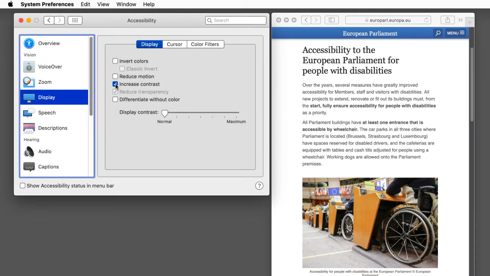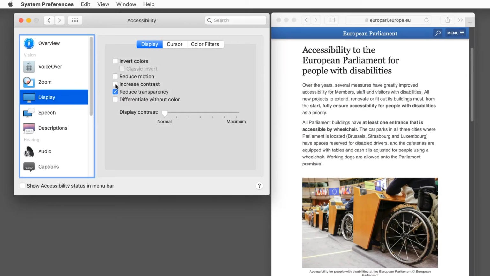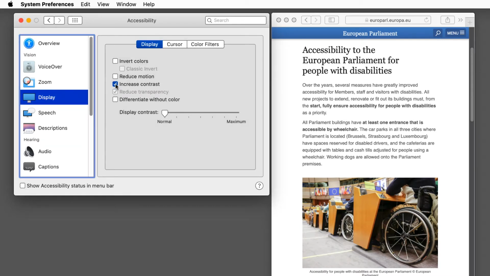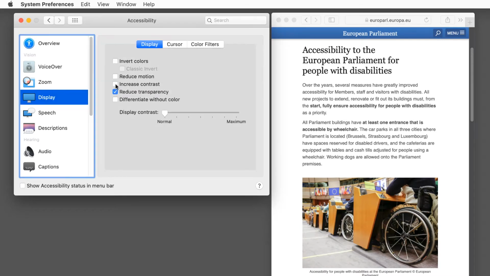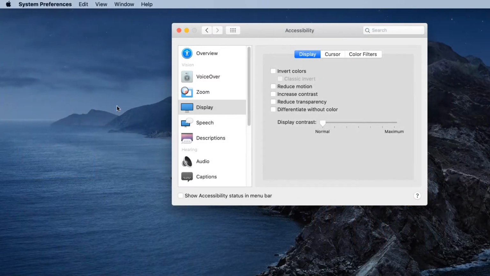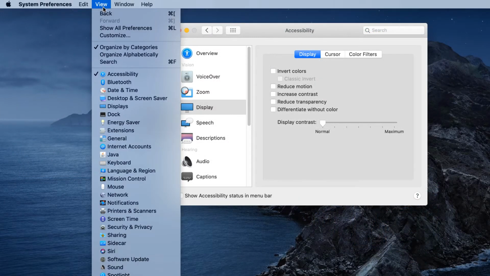Increasing contrast on your Mac can help text stand out more clearly and can also help buttons and app icons appear more pronounced. Reducing transparency helps your dock and desktop icons stand out more and also makes the top menu bar opaque so that you can clearly see all your app icons and menu items. This is especially useful if you are using photos as background images.